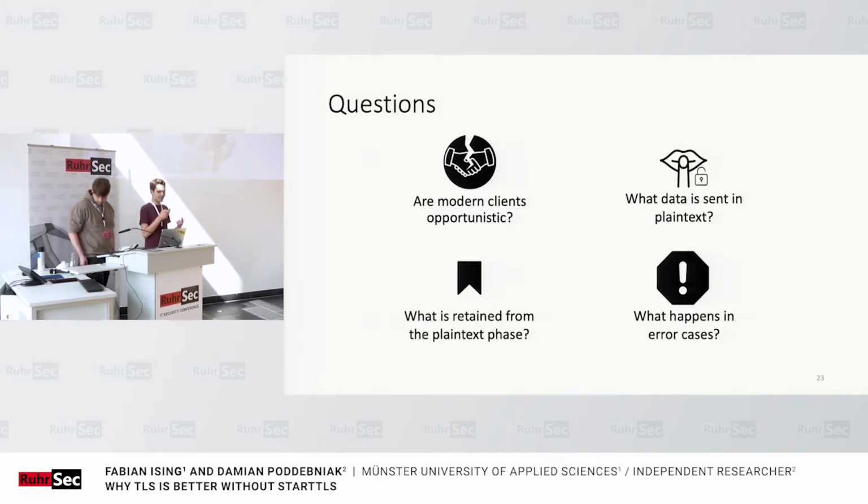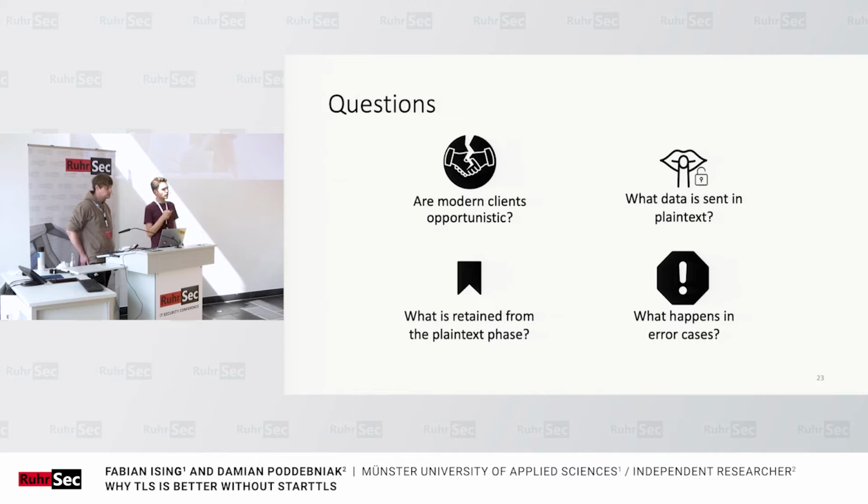So second, we analyzed what potentially sensitive data is exchanged in plain text and how clients might be coerced into exposing additional sensitive data in plain text. Third, we looked at what data is retained from the plain text phase after the transition to TLS. So nothing is authenticated before the TLS handshake, and really no data should spill into the encrypted phase, of course, as well. So finally, we looked at what happens in error cases.